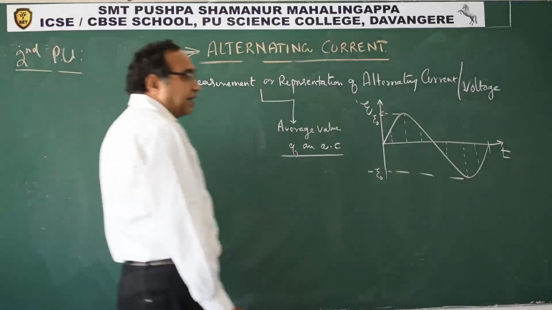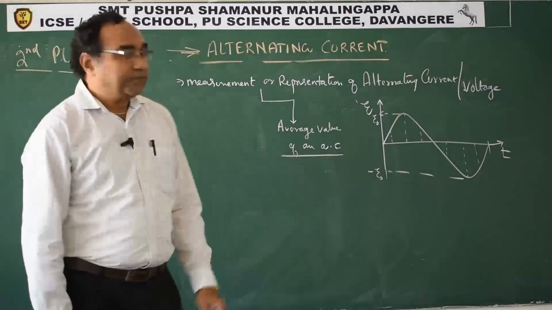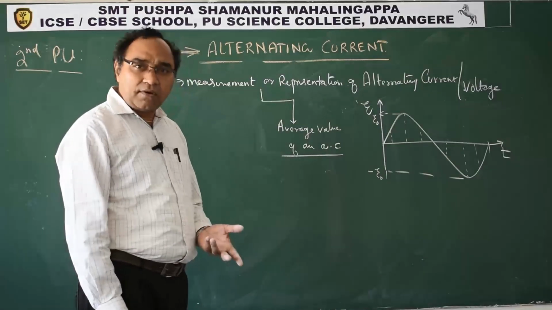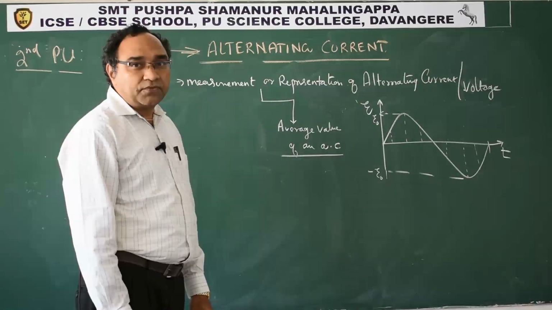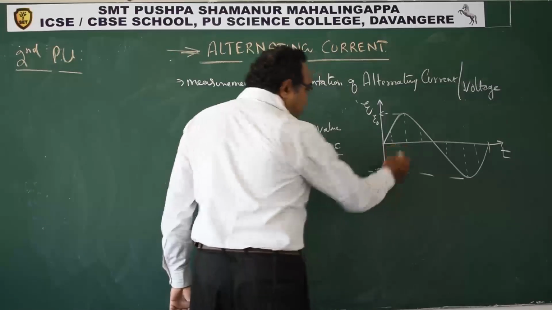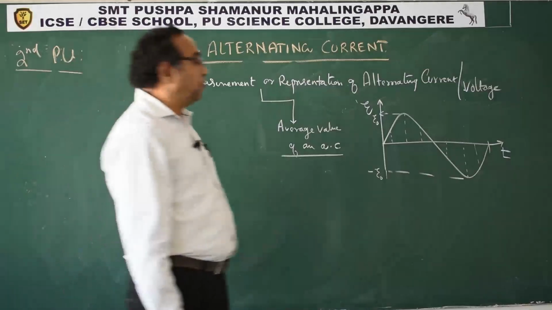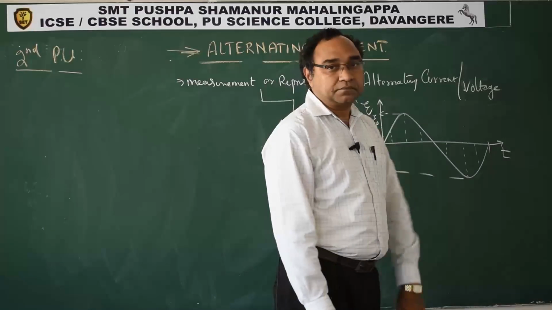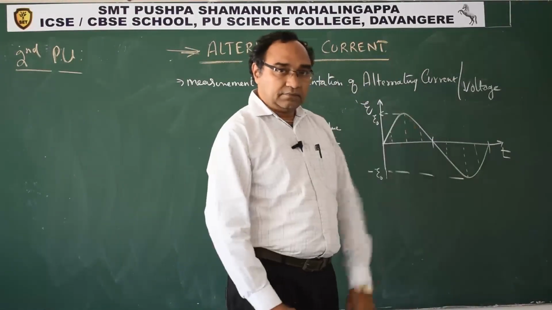So can we say that on an average, the current that is coming to your household is 0? Is it possible? It's not possible. Then what can we say? Is this wrong? No. What we are supposed to do is, in case of effective value, we took one complete cycle, now I will take half cycle. Because it is symmetrical, I will take half cycle.